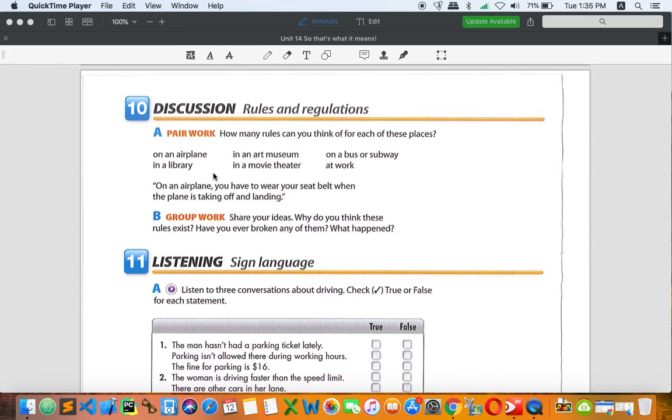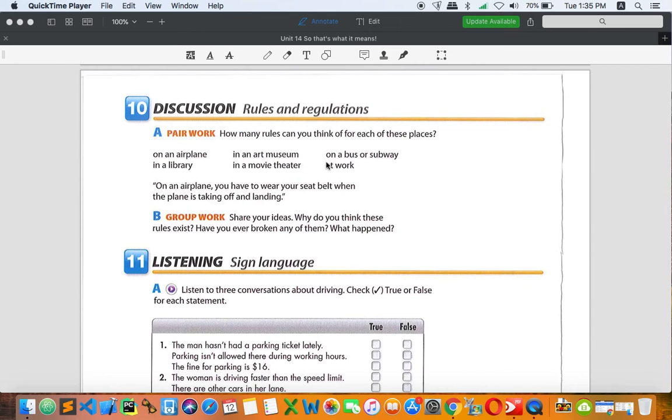And maybe you are not allowed to use your cell phone. In some libraries, the librarians will not let you talk on the phone. If you want to use your phone, you have to go outside, because a library should be a quiet place, a silent place where you just read. Okay, let's move on to next.